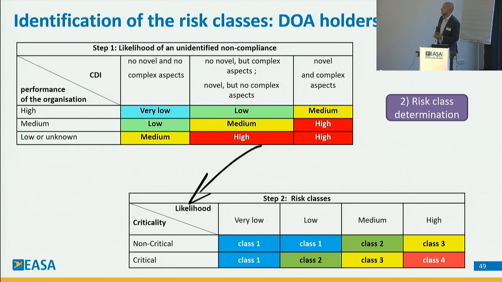The combination of the two gives the likelihood of unidentified non-compliance, which can range from very low to low, medium, high. You take this information, go into the second matrix, you put the likelihood on the horizontal dimension, you combine it now with the criticality, and that gives you one of the four classes. So class 1, 2, 3, or 4. This is how you go from the novelty, complexity, DOA performance, criticality to the determination of the risk classes. As we said before, this is not done. You still have to do something to propose the level of involvement. But before doing that,